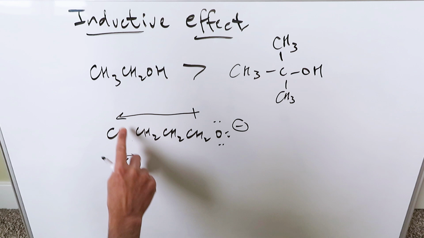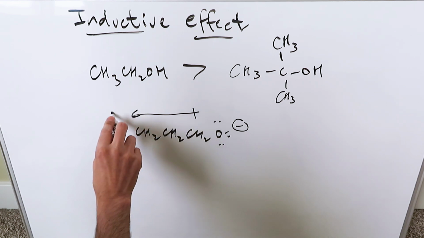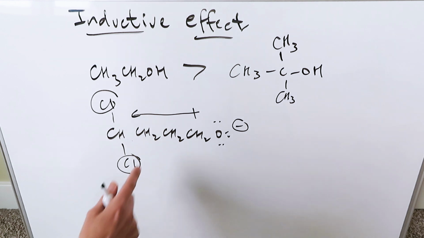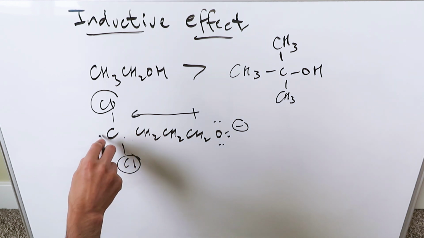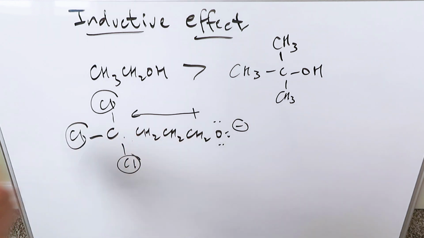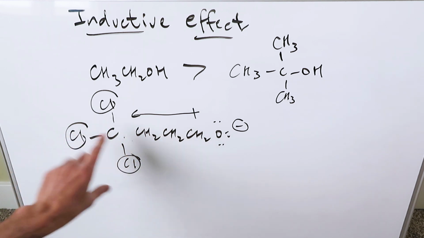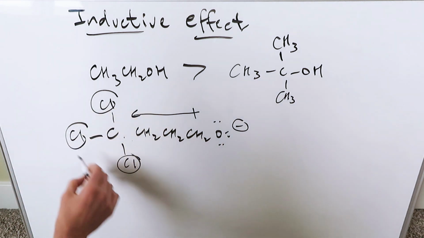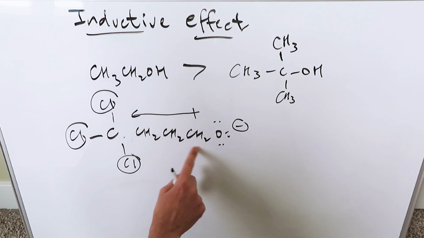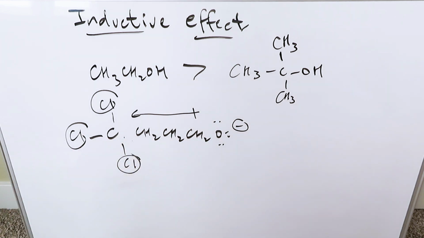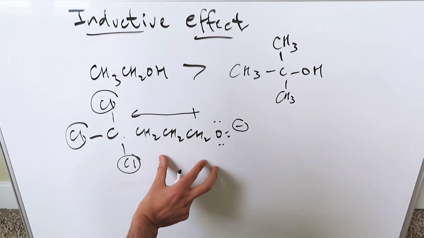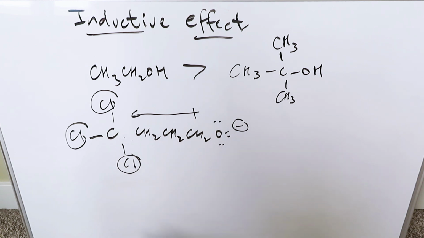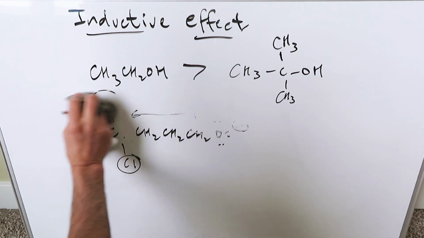What would happen if I had thrown in here another chlorine atom? Well, it would make it even more stable. What would have happened if I had brought in yet another chlorine atom? It would be even more stable, because now I have 3 electronegative atoms sucking off that oxygen. But look at the distance of these chlorine atoms from that. I am 1, 2, 3, 4 carbons away. This right here is relatively stable, and it's making this oxide stable,